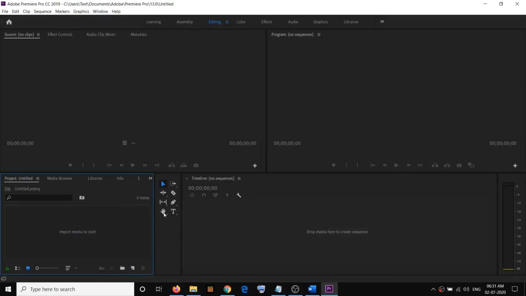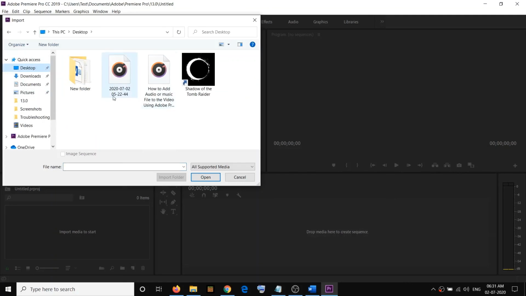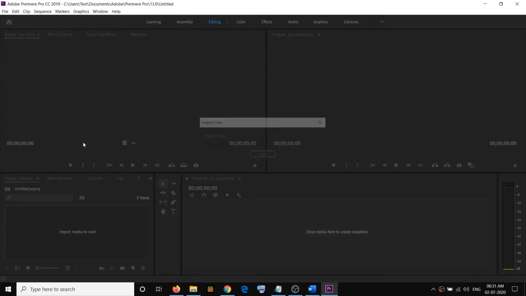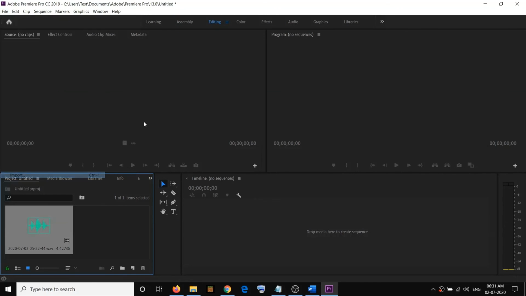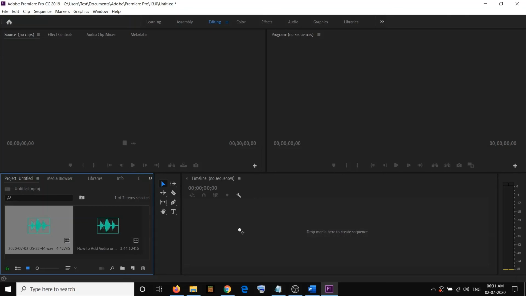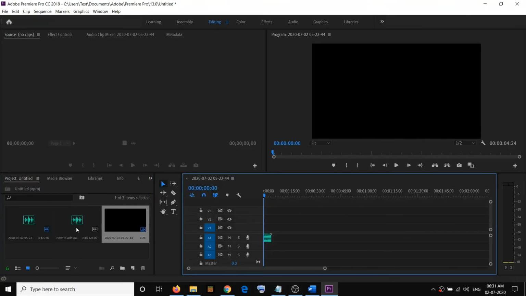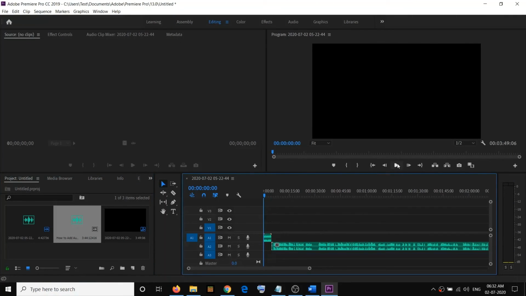just make a double click over here and then go ahead and select your audio files. So this is my audio file, and then again select the second audio file. So if you have a third audio, you can go ahead and add multiple audio. So similarly, select the file, then drag it over here and then drag the second file and just place it at the end of the first audio file, and then you can play and check the sound, and then you can